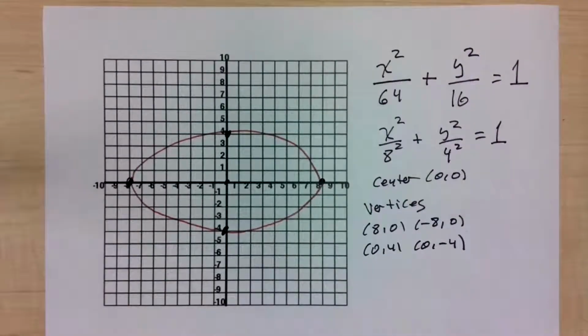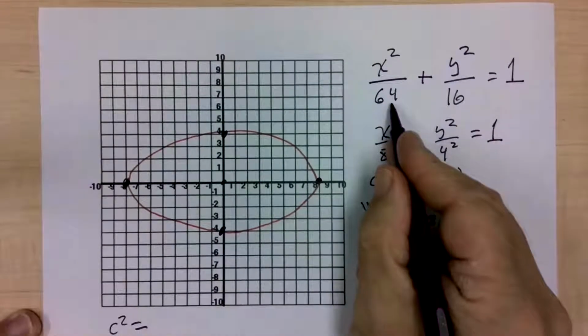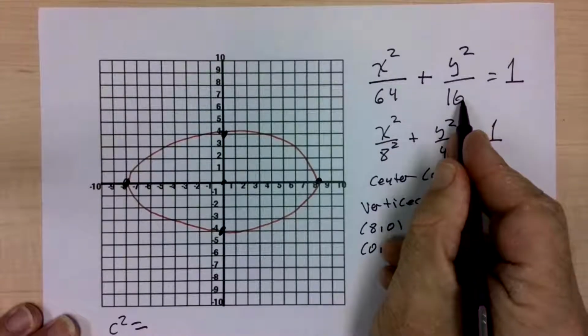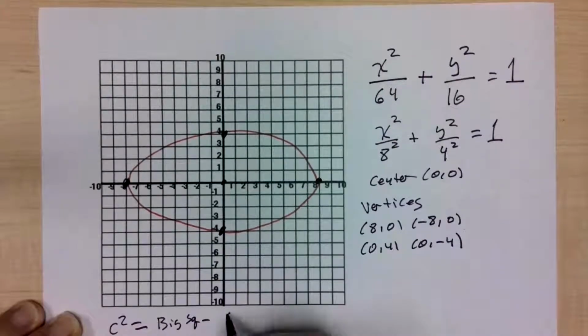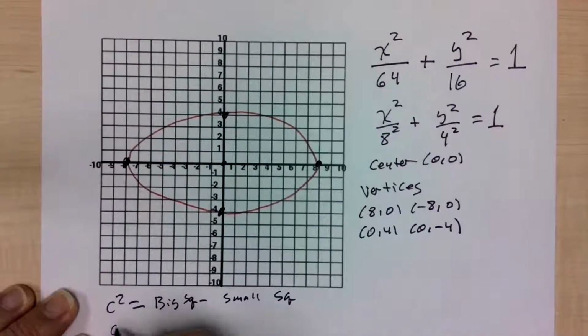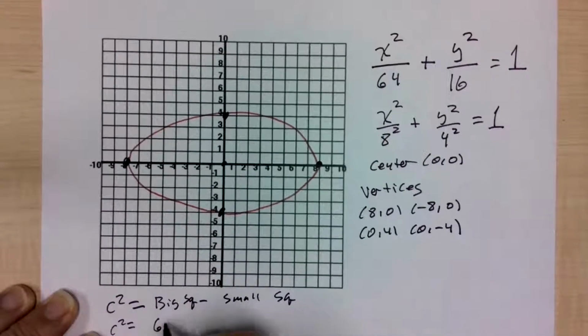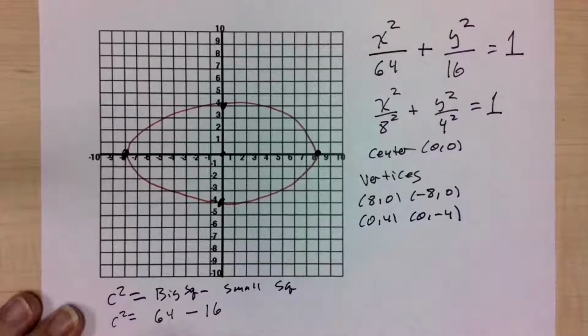And then lastly, we want to go ahead and find the focal points. Where are the two focuses, the two foci? c² is the larger of the two denominators minus the smaller of the two denominators. So I could say big square minus small square. So in this case, the big square is 64, the small one is 16. 64 minus 16, so I believe I get c² is 48,